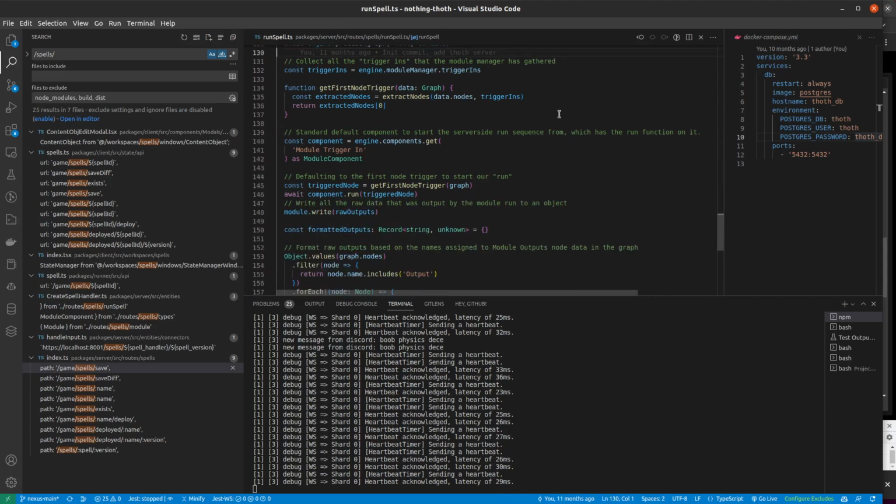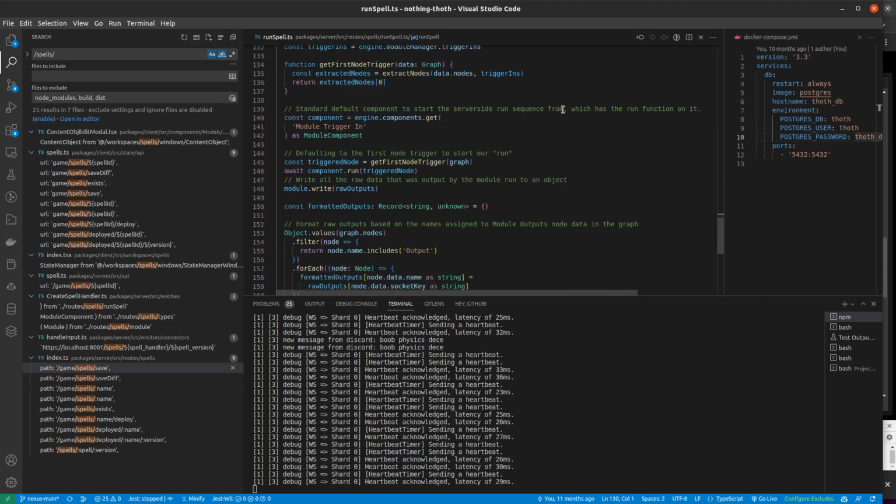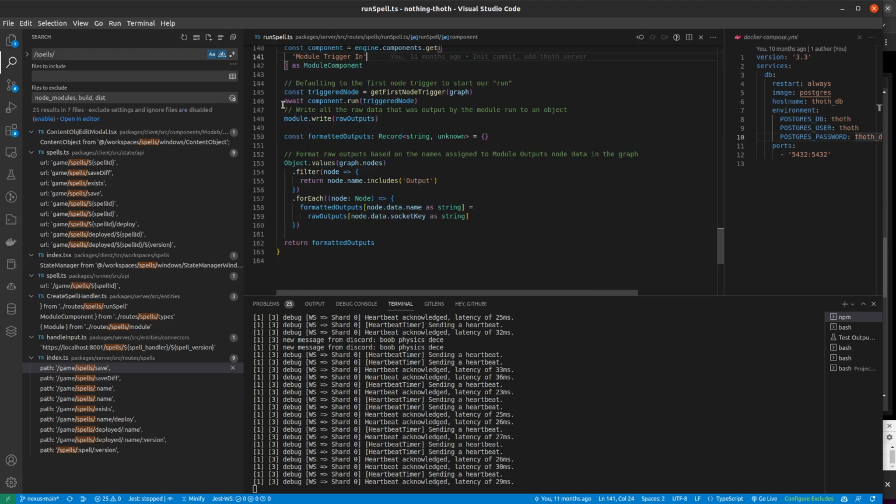Then you get the module trigger in. Let me find a trigger in. You should always have one trigger in, and then you're going to run it. That's going to start wherever your first trigger is, start the trigger execution. Then it's going to run through all of the values and find any values that include